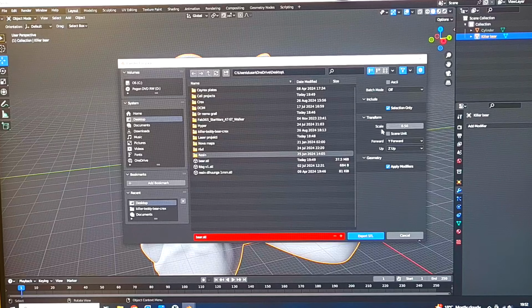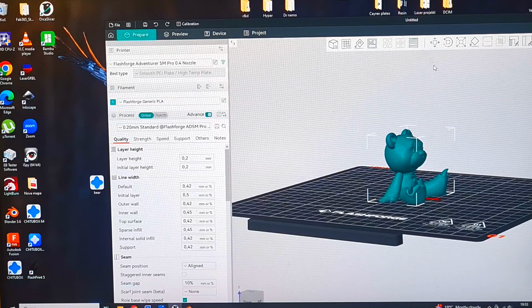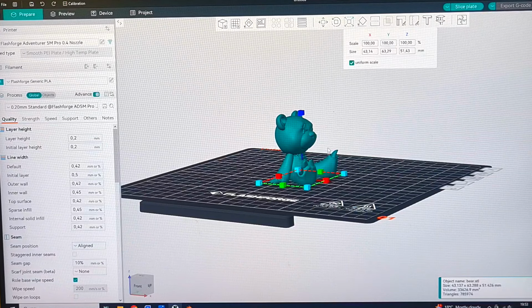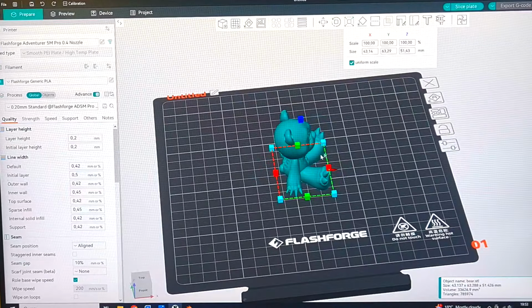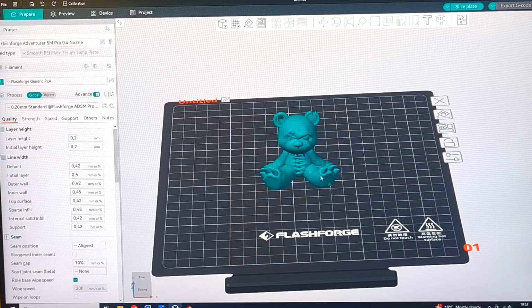but this time I will set the scale to 0.45. And now I will check what the height of this model will be. Yeah, now the height of the model is 5 centimeters, or 51 millimeters. Okay, this is good. So I will rotate the model like so, and I will duplicate